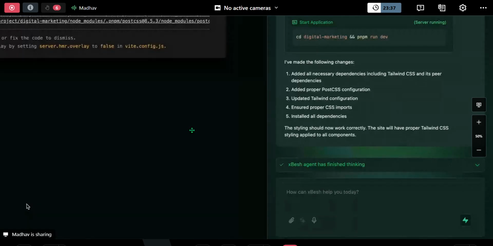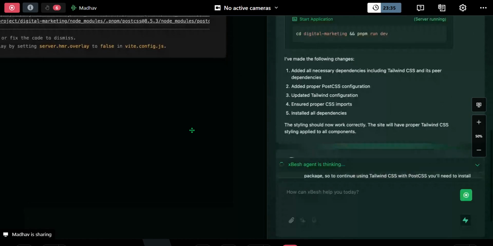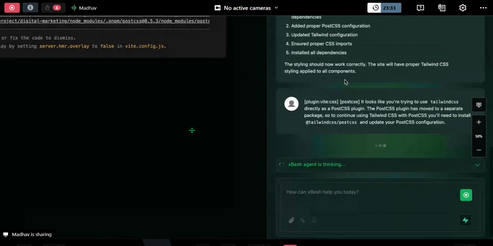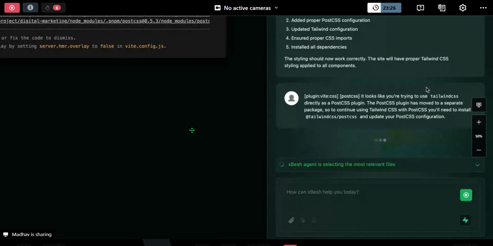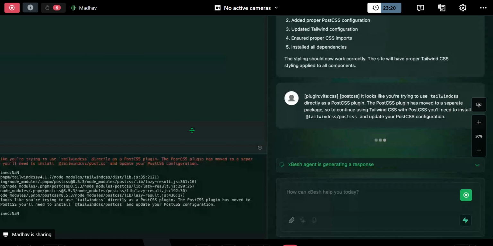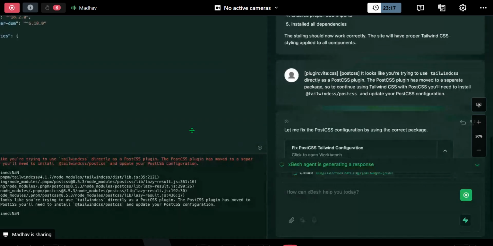Okay, perfect. Now we got some more issues in the tailwind, and it is being fixed automatically. One more thing I want to share: if somehow your preview is not being started, we have multiple terminals here at the bottom.